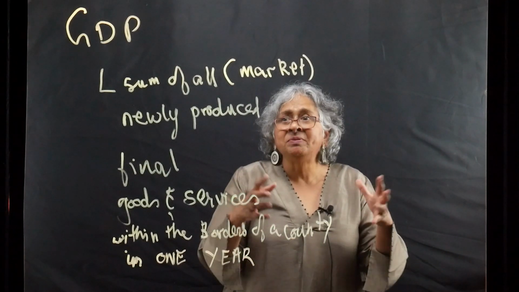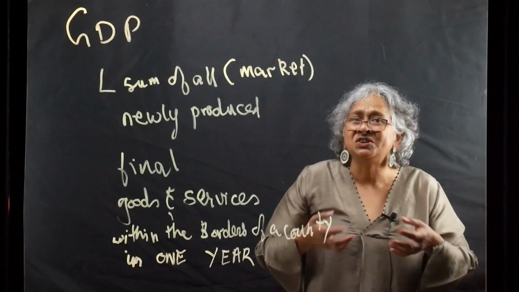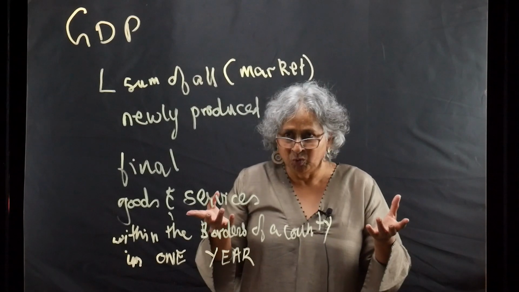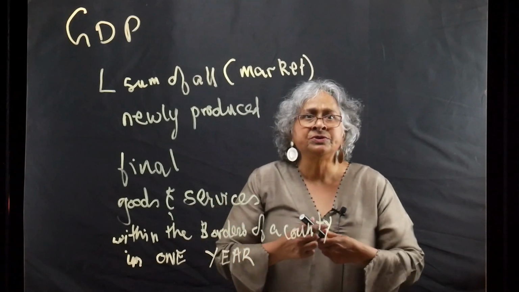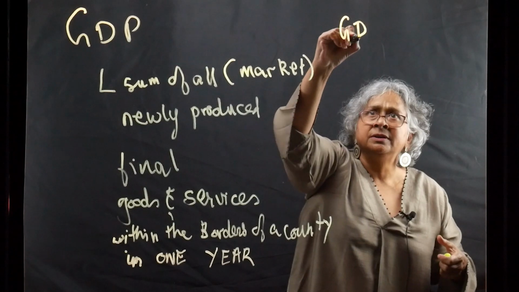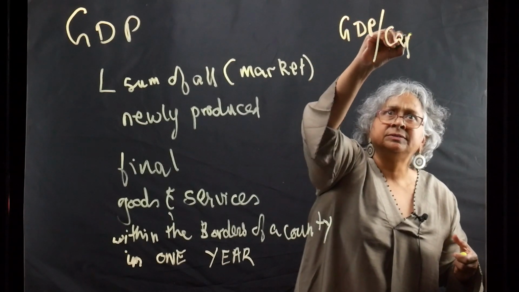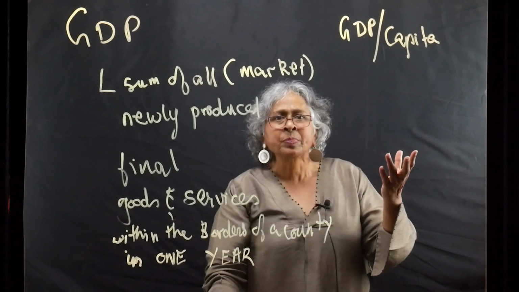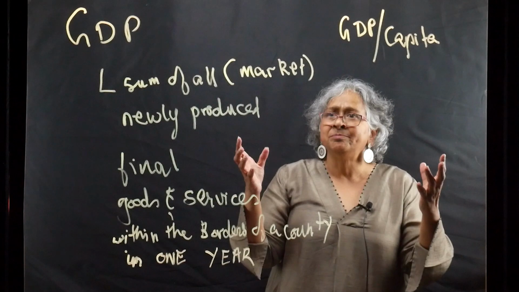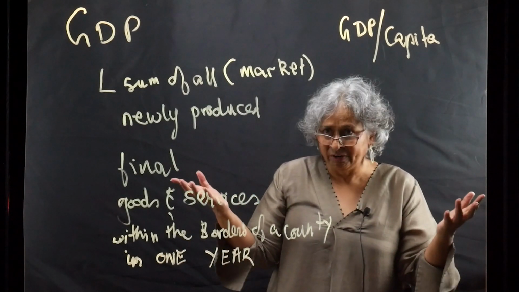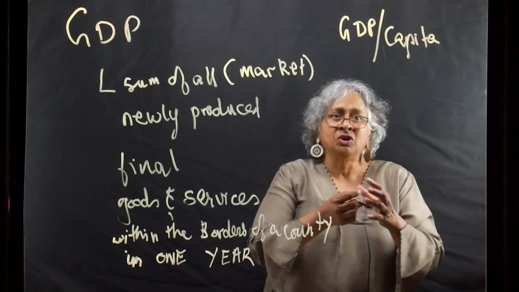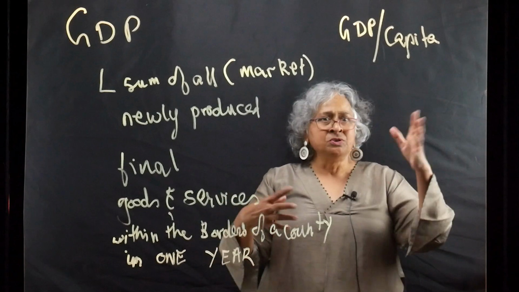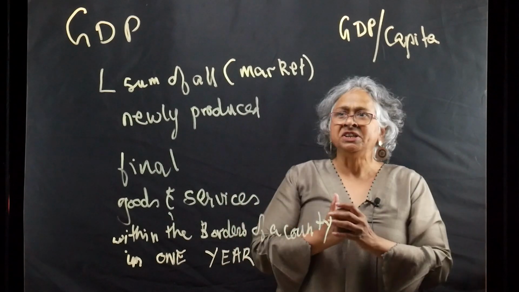Normally, if the GDP is large, we think that the country is doing well. If the GDP is small, we think the country is doing poorly. We often use the concept of GDP per capita, by which I mean the GDP divided by the population of the country. Because obviously, if I've got a large GDP, but I've got a large country, there isn't that much to go around. But if I've got a large GDP and I've got a small population, that means I'm pretty rich.